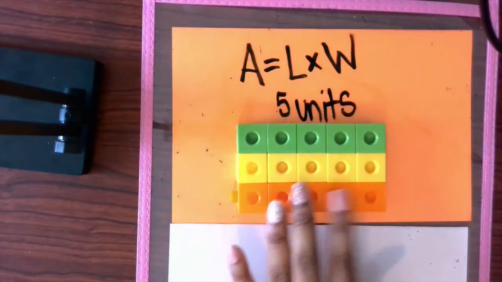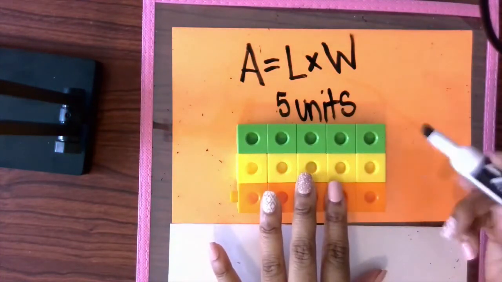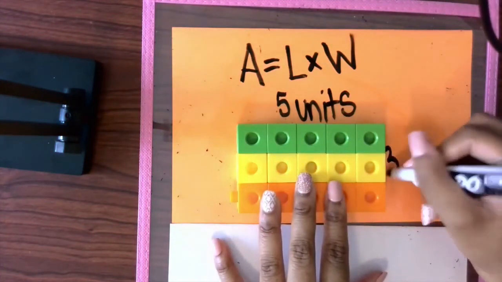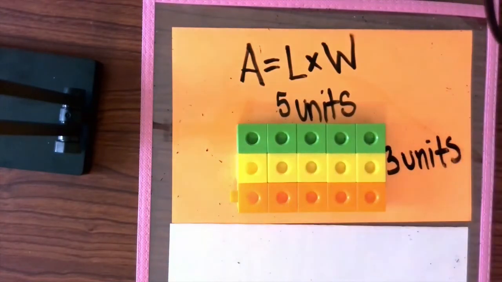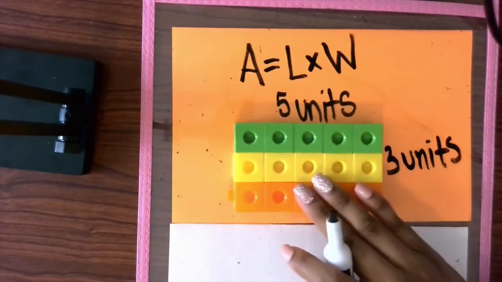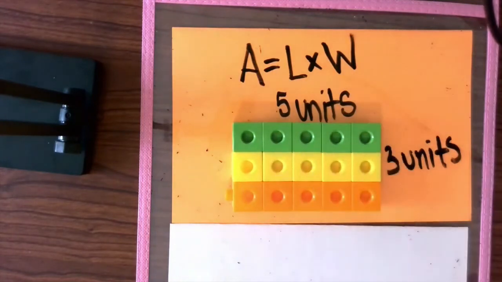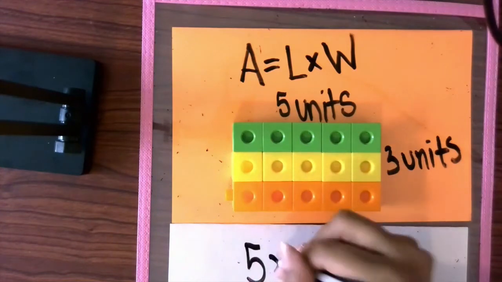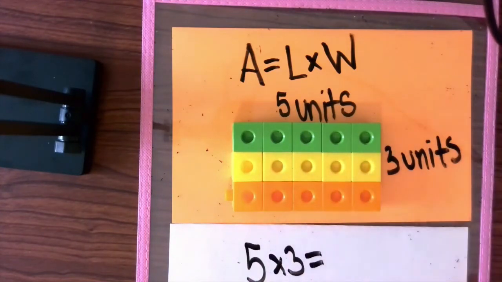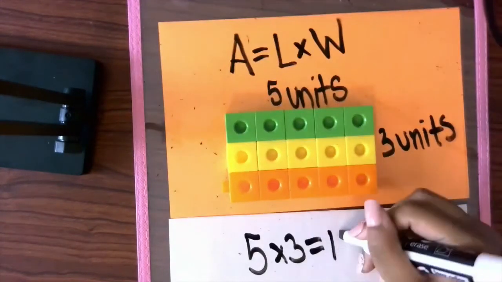I know that my width is 1, 2, 3 units. So if I wanted to find the area, I could say 5 times 3 equals 15